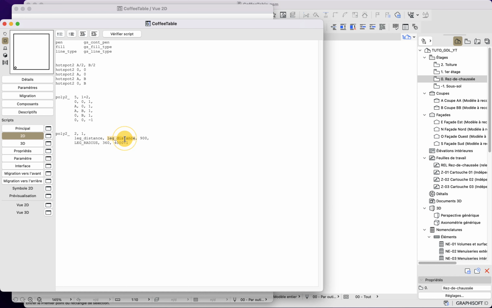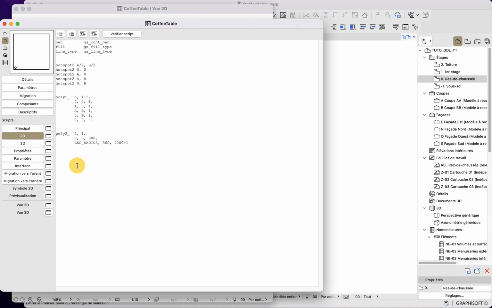But I do not want to do it that way by entering the distance directly into the command. My geometry here should stay at 0, 0, and then I should be able to move this geometry, this part of the code, to the point where the origin is proper, so my leg is drawn at the correct position. In order to do that, we have to understand the coordinate system in ArchiCAD objects.